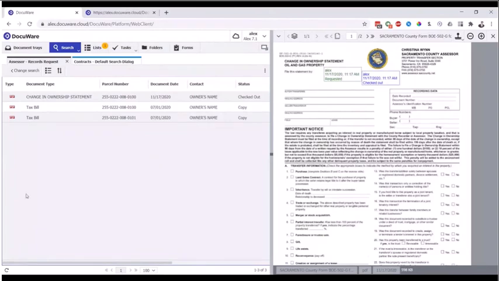So let's talk about other ways of getting documents into the system. If I were to open up my email, a lot of times the documents that we're talking about are not necessarily going to be paper records, but are correspondence or other things that relate to other activities happening inside of the city or in the county or the state. So if I were to open up